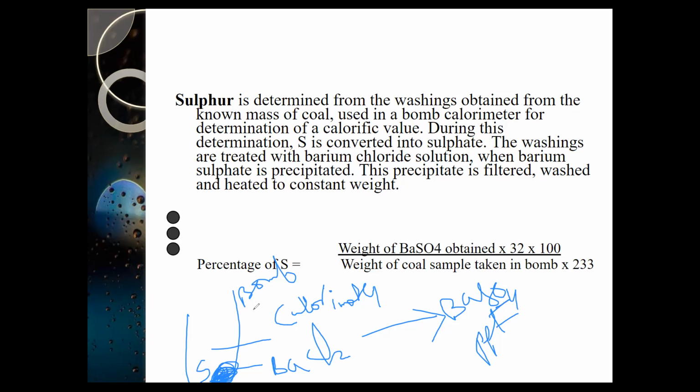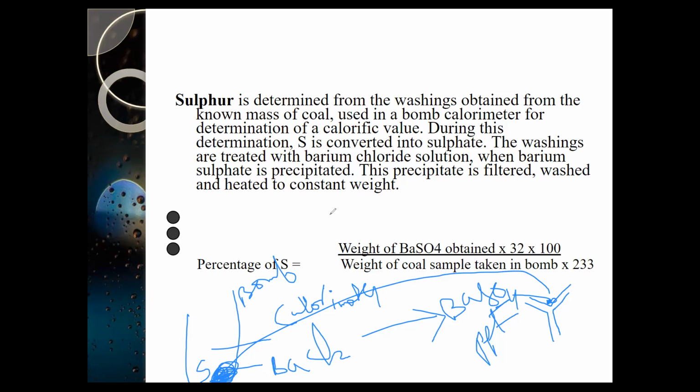So by filtration, initially it is in the form of a paste at the bottom of the solution. So what do we have to do? We have to filter it through filter paper. Let us assume this is the filter paper. This precipitate is collected in the filter paper. So what is this precipitate? This precipitate is barium sulfate. Initially it was wet. This wet barium sulfate precipitate is dried and weighed. After taking the weight of the barium sulfate, we can find out the percentage of sulfur.